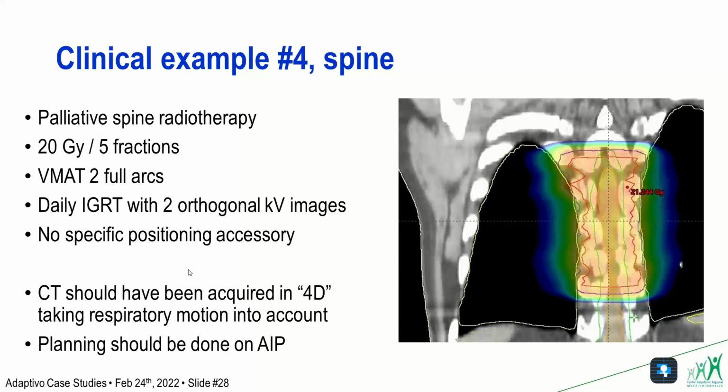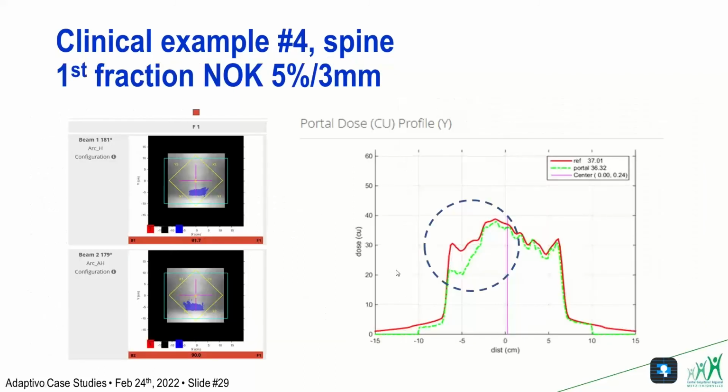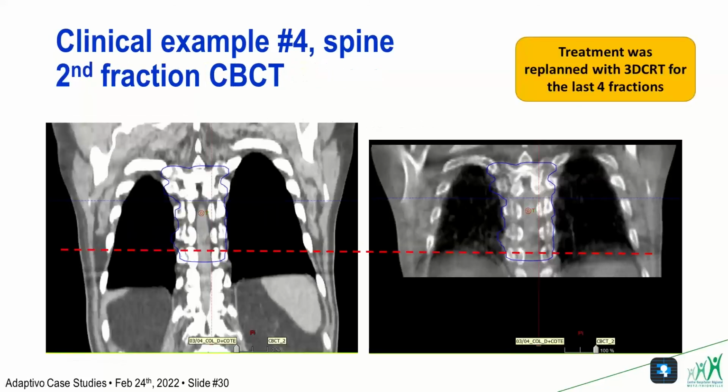And if we treat it by VMAT, we should have acquired a 4D scan that would have taken the respiratory motion into account. And we should have planned everything on the average intensity projection. So here are the results of the VMAT plan at the first fraction. And you can see that we have a huge underdosage in the inferior part of the lung. We were wondering why. So we planned a CBCT acquisition at the second fraction, and you can see that on the CBCT,